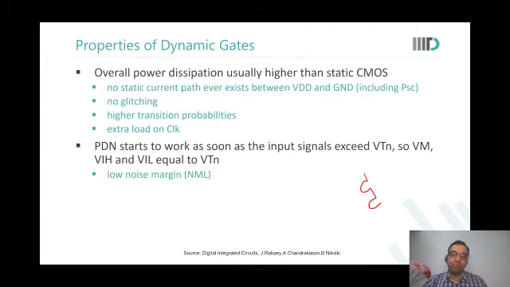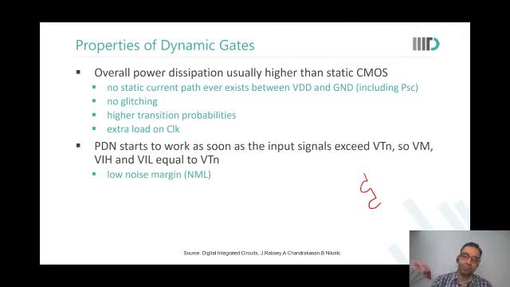Additionally, as soon as there is some glitch on the input signals, even a small glitch, as we just saw, the reliability of the output starts to suffer, because once it discharges, there is no way to bring it back. So in the next class, we'll look at these restorer concepts and the other concepts which are used so that we are able to use dynamic gates appropriately in our designs. Okay, we'll close the class here. We're already at 1:30.